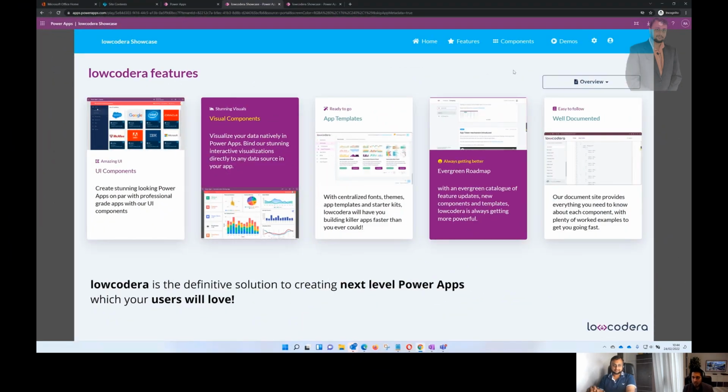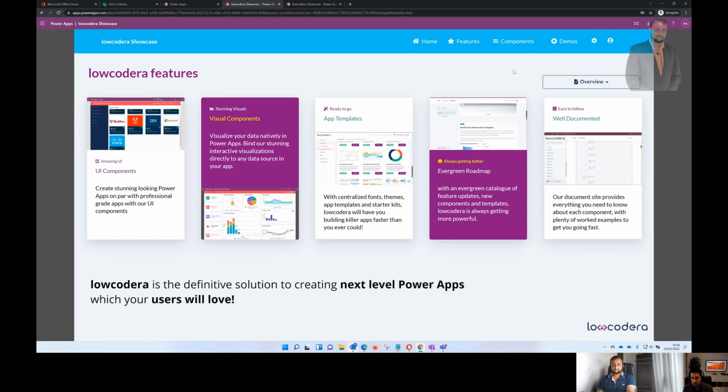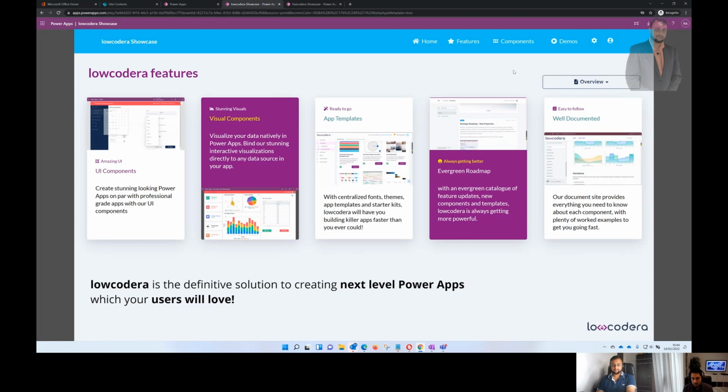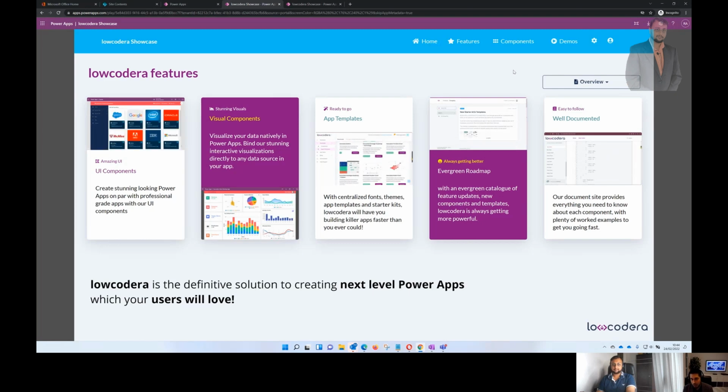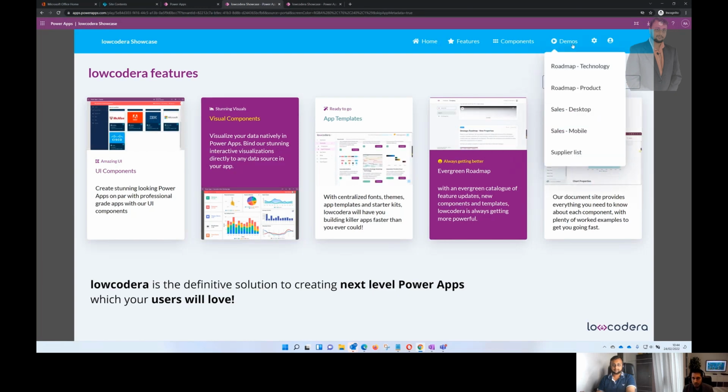Yes. So now I'm going to run you through some demos of some end outcomes which are achievable in Lowcodera once you put together our components. And then what I think we'll do is after that we'll break it down into individual components, talk more about the features of them, and we can then learn perhaps how to get going with them as well. So let's start with